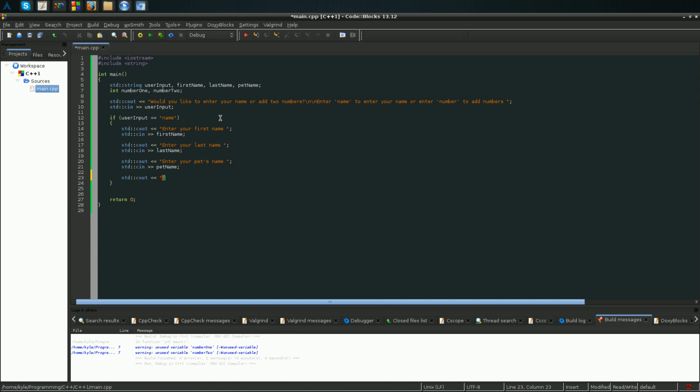and then we're going to just do something like first name, space, last name, has a pet named, space, pet name. Yeah, cool. And then that's what we're going to do if the user enters name. Okay, so now what we've got to do is find out whether the user enters